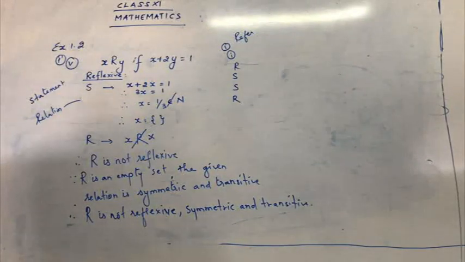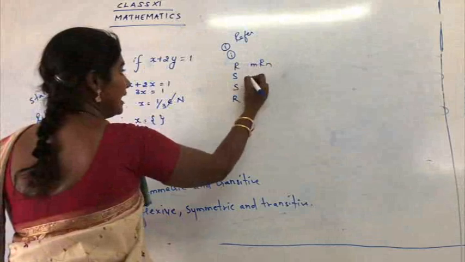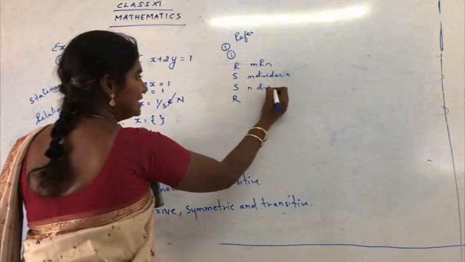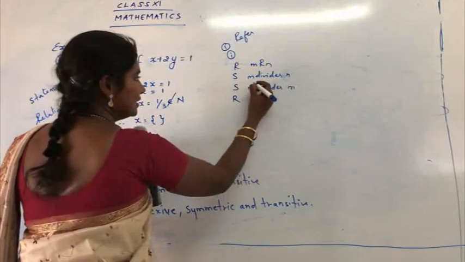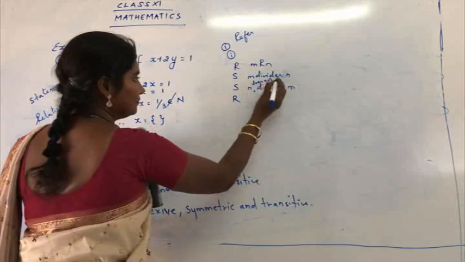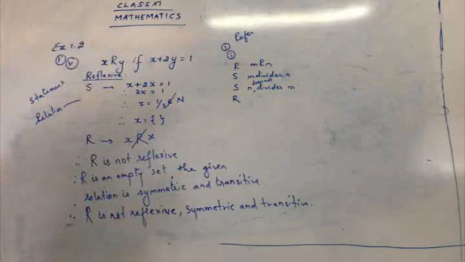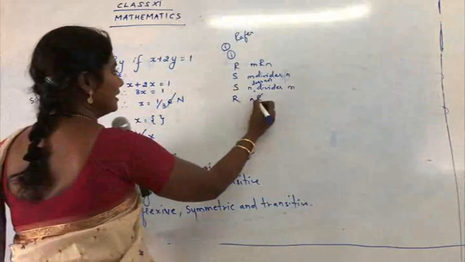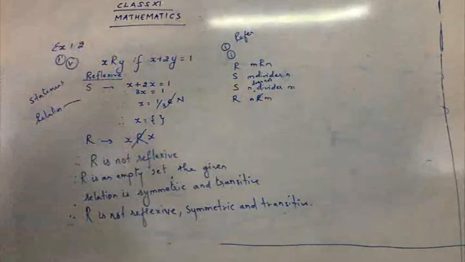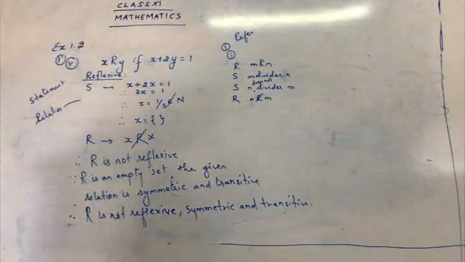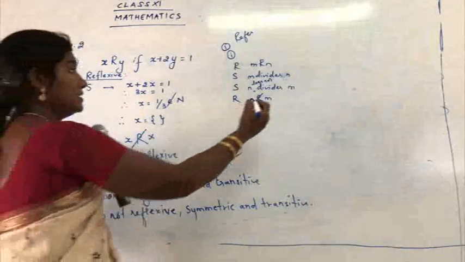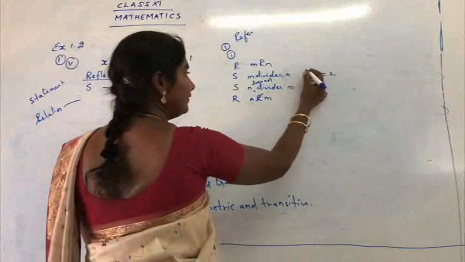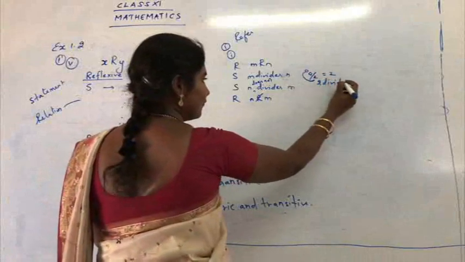See here, for the first part, we have written M related to N. I have told M divides N. Say the second, I have told you N divides M. Yes? So just mention here, N does not divide M. So N is not related to M. Just mention there, N does not, because, see, I have given you an example, 4 divides 2, so it was 2. So here, 2 divides 4, yes, 2 divides 4, that was done.